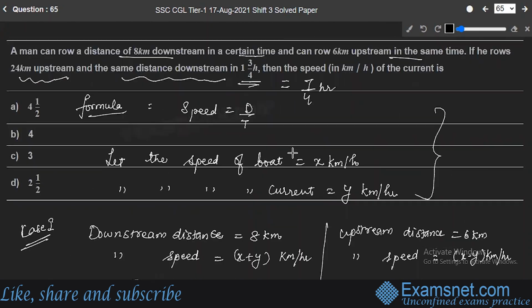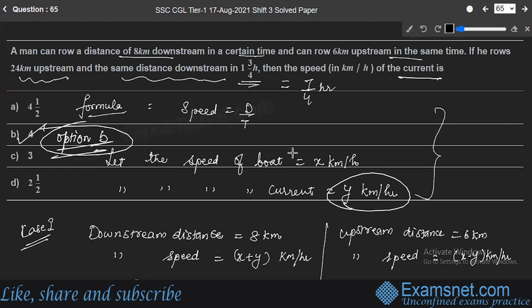in the question. You were asked about the speed of the current. The speed of the current was y kilometer per hour. That is why I already took the answer only in y, not in terms of x. So option B, 4 kilometer per hour is the speed of the current and our answer to the question. That's option B. Hope you are clear with this. All right. Then let's move to the next question,